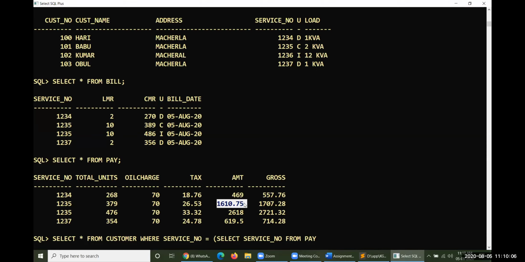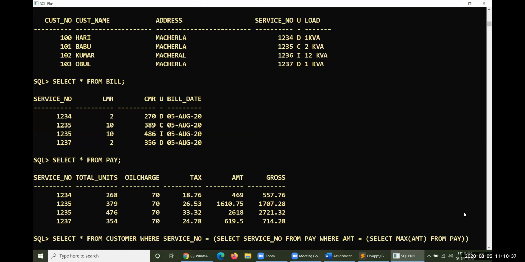So service number is taken into where the amount is equal to, we write select maximum of AMT from pay.